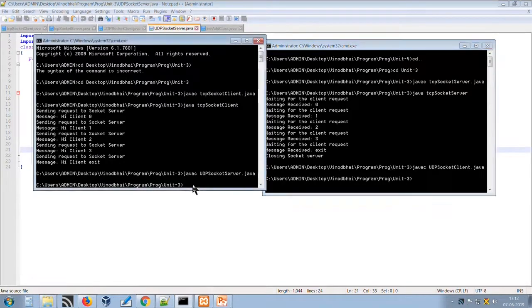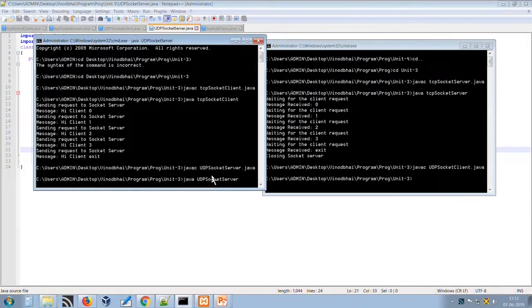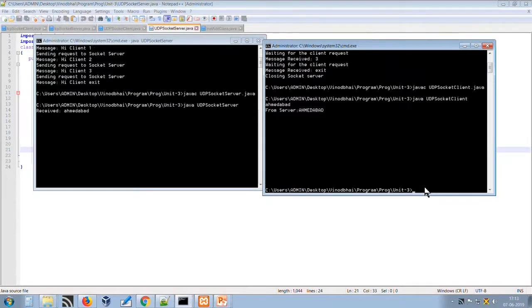Now we will start the server, as the server is continuously listening for the client request. Suppose we are writing Ahmedabad and sending. So what we did, we have sent Ahmedabad as a request to the server. What the server does: the server receives it, converts it into capital, and then sends it back as a response to the client. So here Ahmedabad is printed in capital letters.